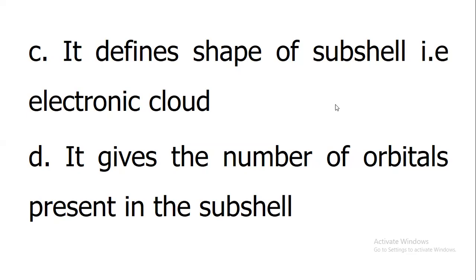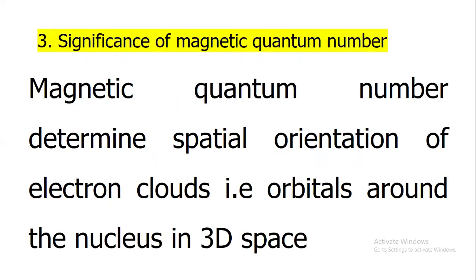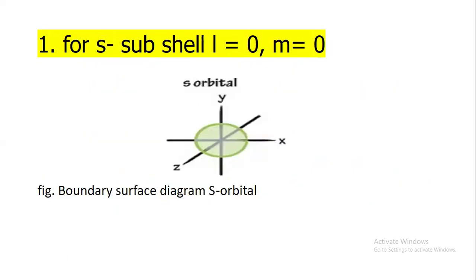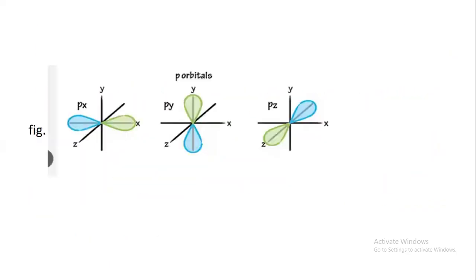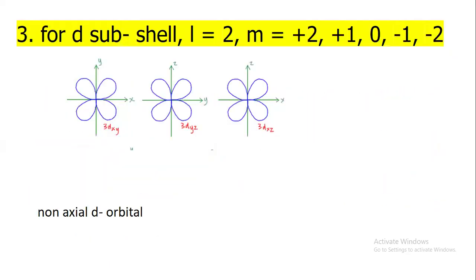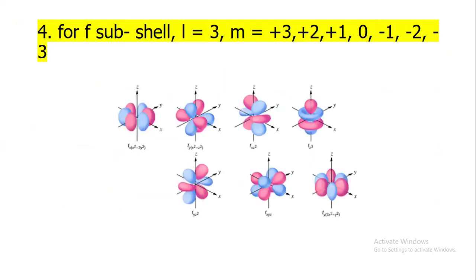Okay, define the shape of subshell, that is electronic cloud. It gives the number of orbitals present in the subshell. Magnetic quantum number determines spatial orientation of the electron clouds, that is the orbitals, in 3D. For s subshell, l equal to 0, m equal to 0. For p subshell and for d subshell,